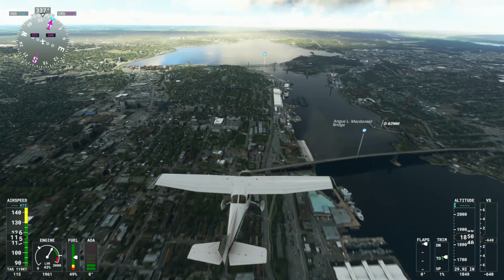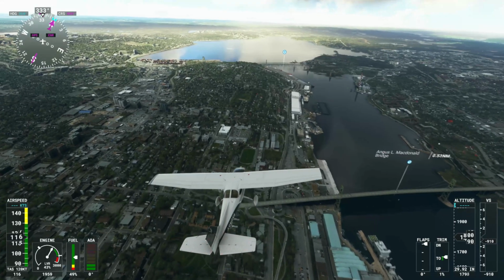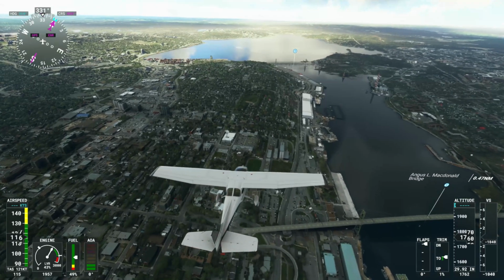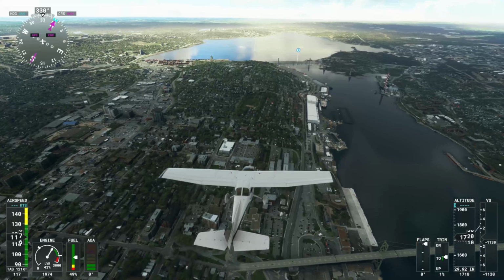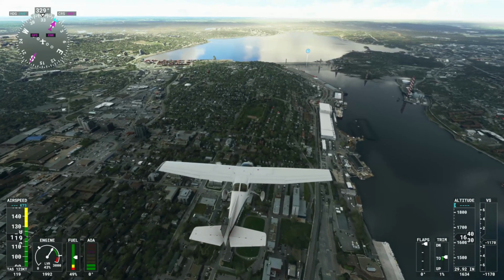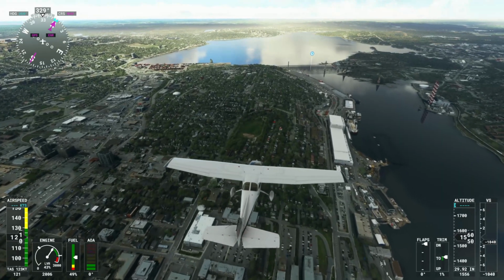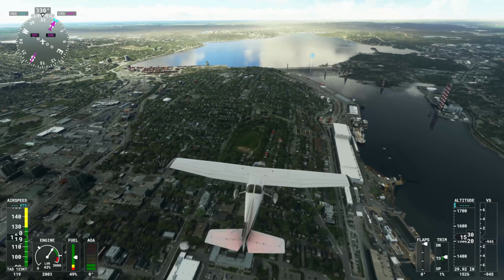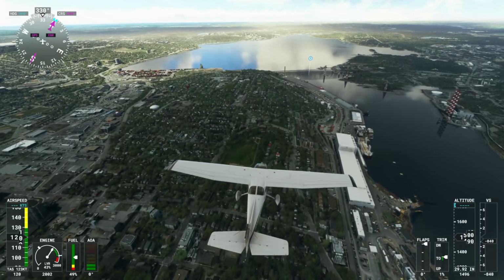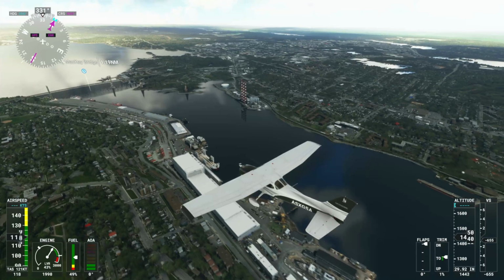So it's not that flat scenery which you might be used to. The good thing is that they have added that in world update number 11. Now be aware that in some cases the scenery is a little bit stuttering after a world update release. That's due to the fact that everybody wants to try it, and then sometimes servers are a little bit overloaded, I think. So on the right side we can see some industry,